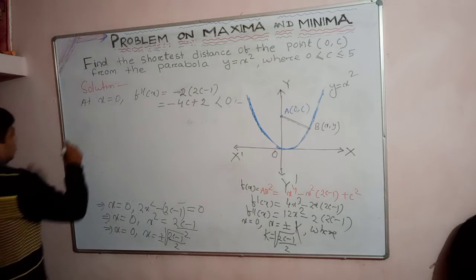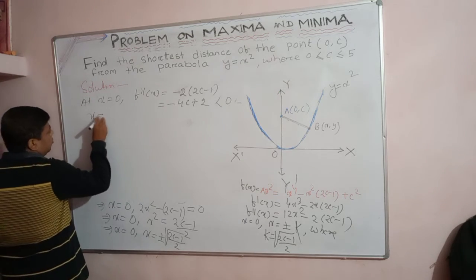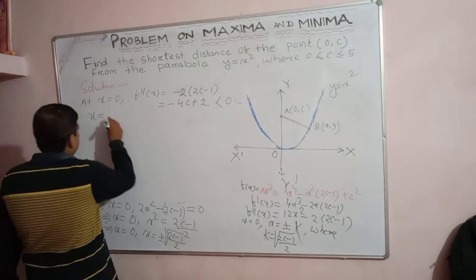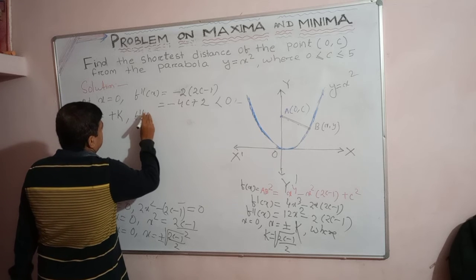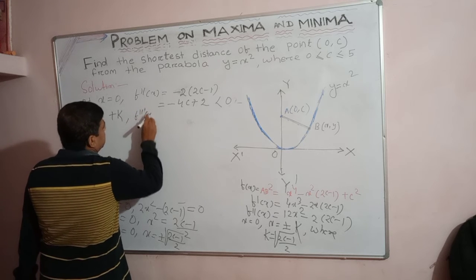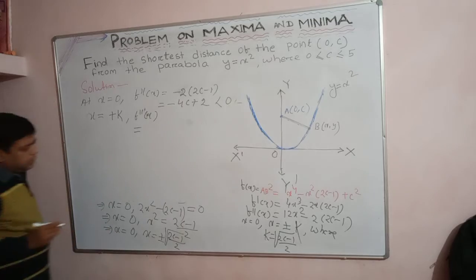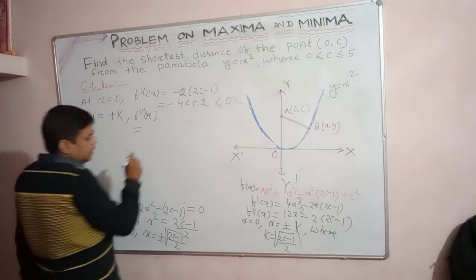So at x equal to plus k, f double dash x, the value will be 12